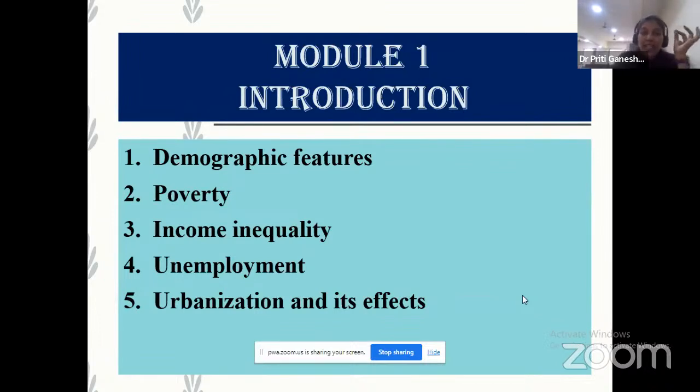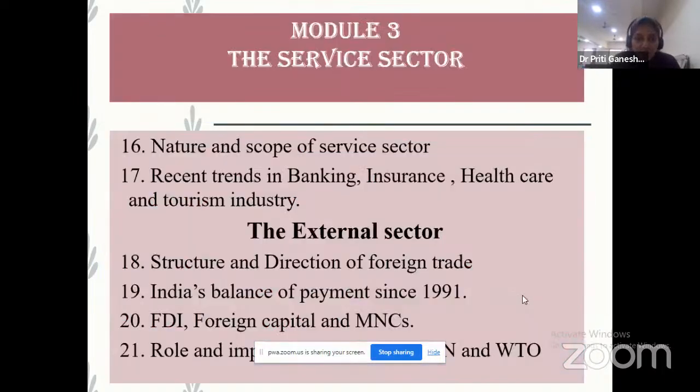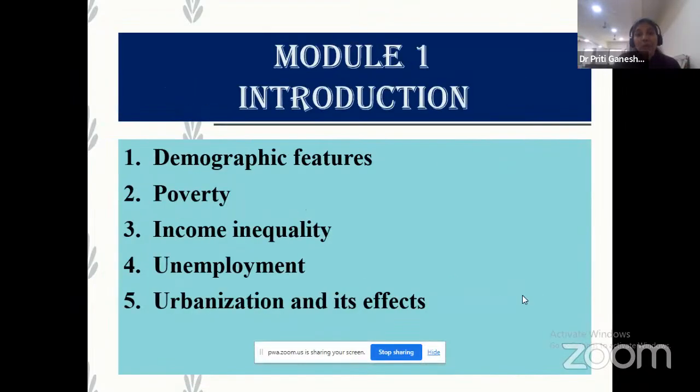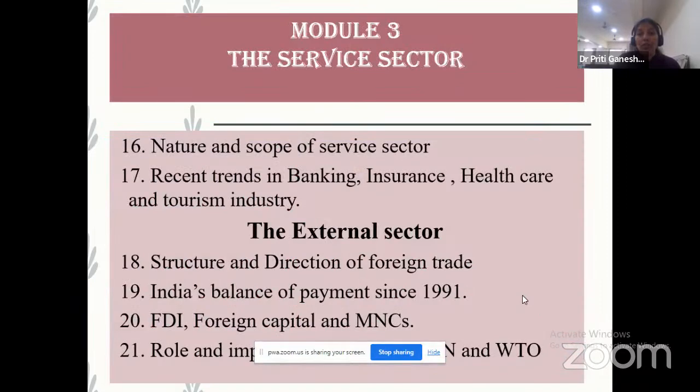So what I said, I'm just repeating. For the theory section, for question and answer, you have to do the first 5 chapters, then chapters 12 to 15, then chapters 16 and 17, and chapters 22 to 25. These chapters you have to focus on for your theory portion. Okay. Now, from these, what do we have to learn.